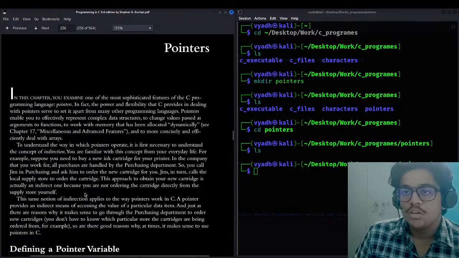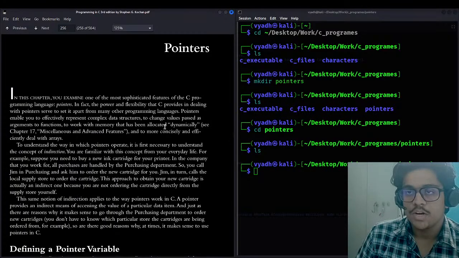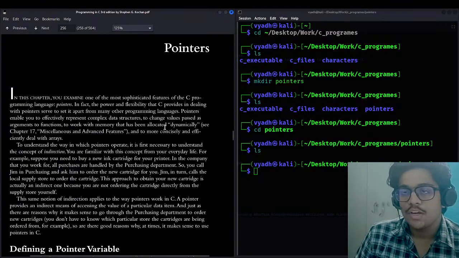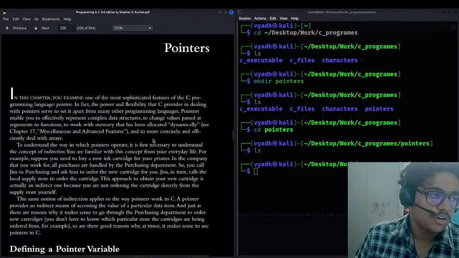Pointers are an advanced feature of C programming. It's quite complex, but we can deal with complex data structures, change the value passed by an argument, and work with dynamic and static memory allocation, if you have ever heard of them.